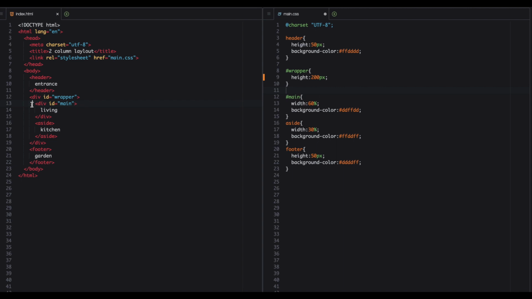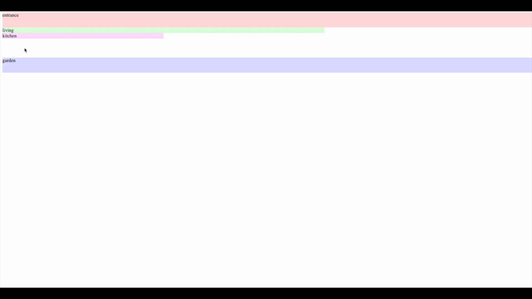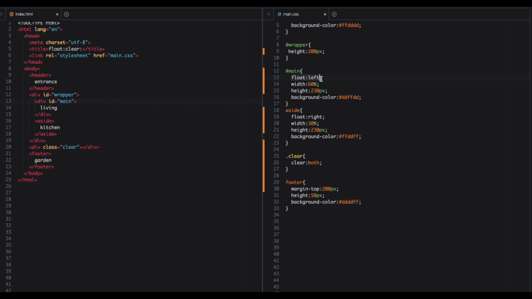One way to display block-level elements such as divs and asides side-by-side was to use display flex. This time, we will learn how to use the float property to display the living room and kitchen side-by-side as a way to use it in slightly older browsers. To apply it, add the float property and its value, left and right, to the element you want to align